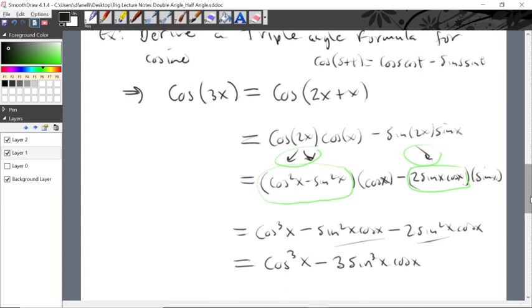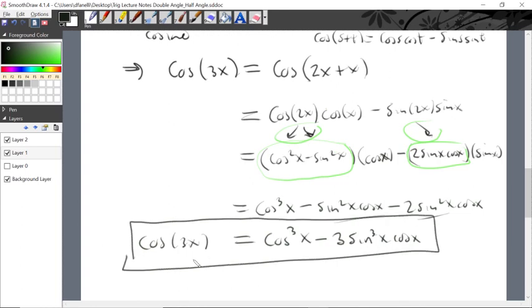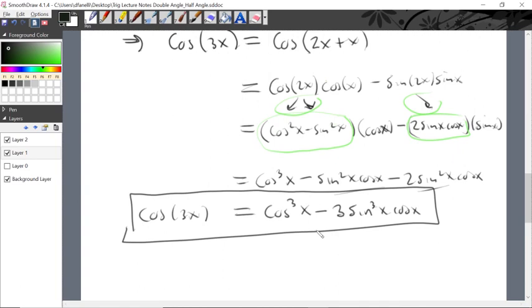So we have now derived a triple angle identity for cosine, just as an exercise. This isn't a new formula for you to memorize or anything. It's the process that I'm referring to. It's possible to do this for any multiple angle. You can find a formula for the cosine of 4x or the cosine of 5x if you want to, just to say that it is possible to get a formula that tells us how to figure out, for example,